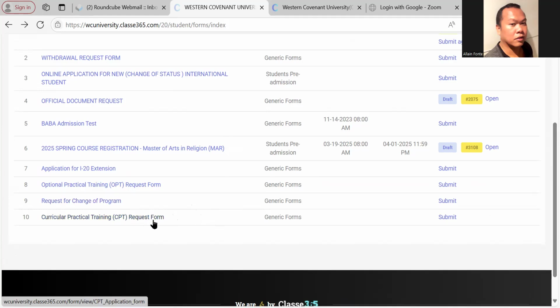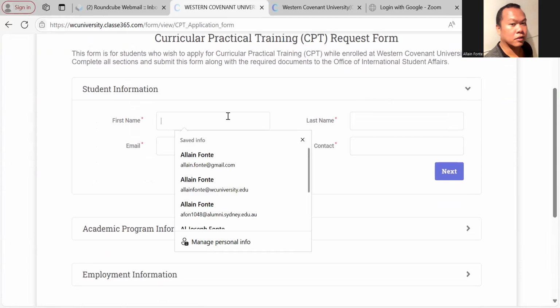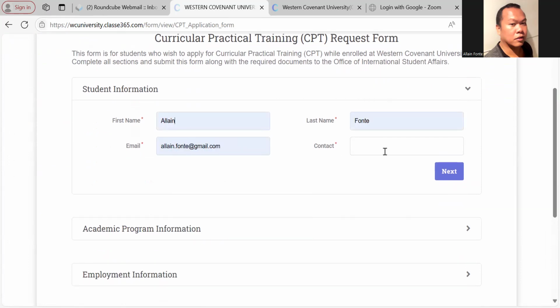curricular practical training request form, this is a bit tricky because not all students can apply for the CPT form while they are studying with Western Covenant University. The main reason for that is that CPT may have many requirements. Let's just say, for example,